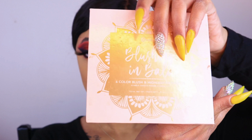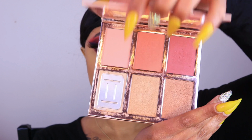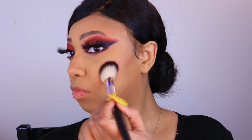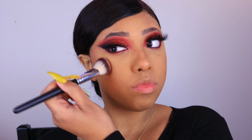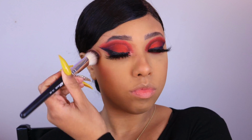So then I'm going to be going into the Blushy and Bali palette by BH Cosmetics, and I'm just going to use the shade Pomegranate and also Ember. So Pomegranate's going to be, of course, my blush color, and then I'm just going to use, I think it's either Amber or Ember, but I'm basically just going to use that darker shade in the highlighter palette to also highlight my cheekbones